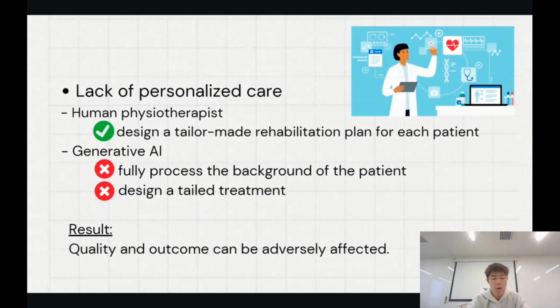GenAI is able to list out all the relevant information from different websites and academic sources, but it cannot fully process the background of the patient. It can only generate some general treatment for the patients, but not design a tailored treatment. Sometimes even when the treatment is provided,